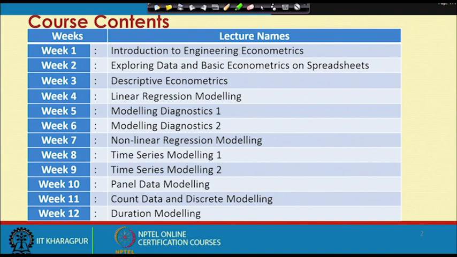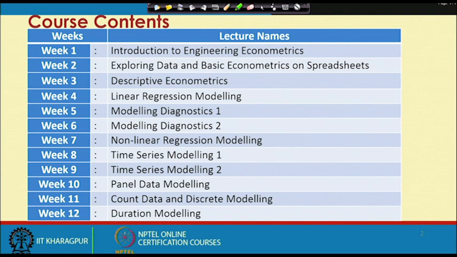And then in unit 3 we will have descriptive econometrics. Here all kinds of requirements we will address, the need of particular techniques and the kind of requirements like inference, distributions, probability and something like that, because these are all essential for some of the complex modeling as per the particular engineering problem's requirements.